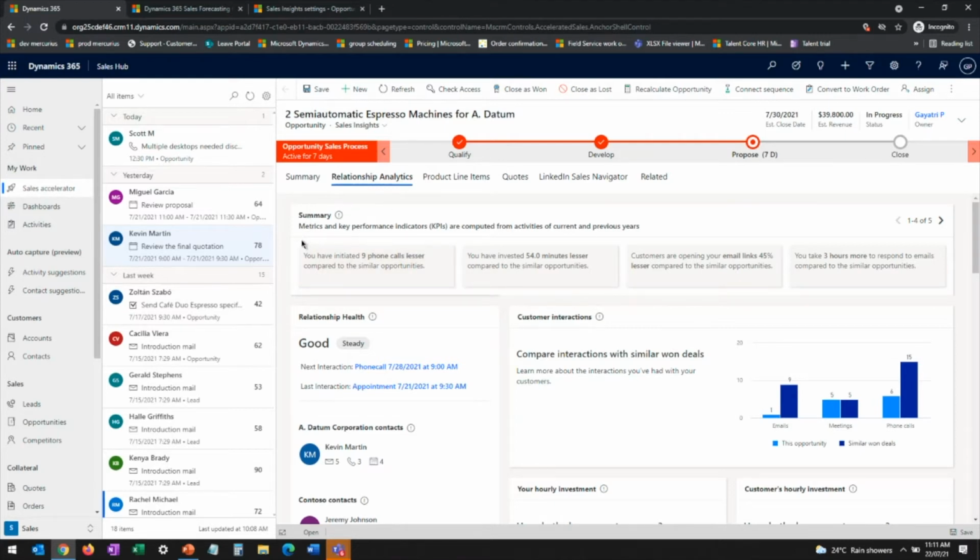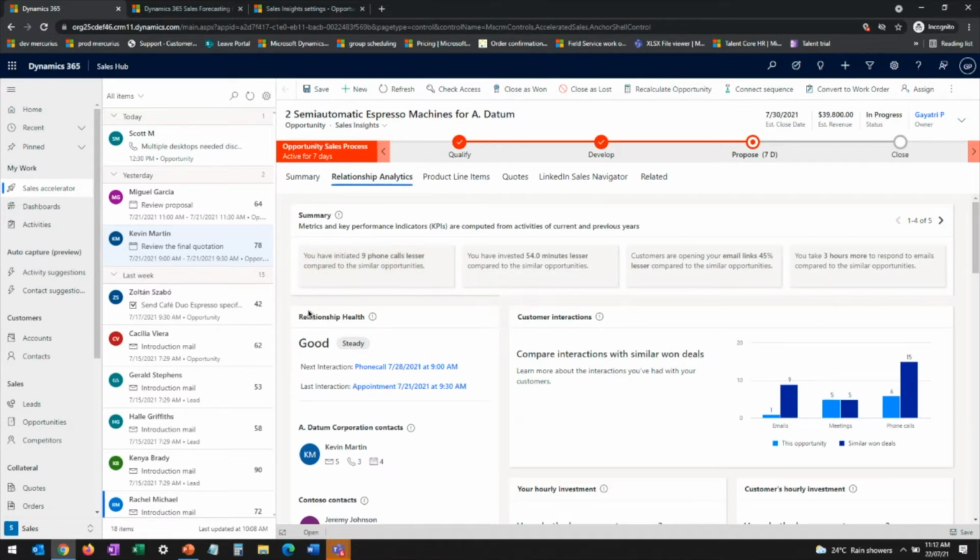From this insight, the system is capturing opportunity and lead scoring. Here you can see the summary where it says I have initiated 9 phone calls, lesser as compared to similar opportunities. So it will compare a few of the existing opportunities in the system.